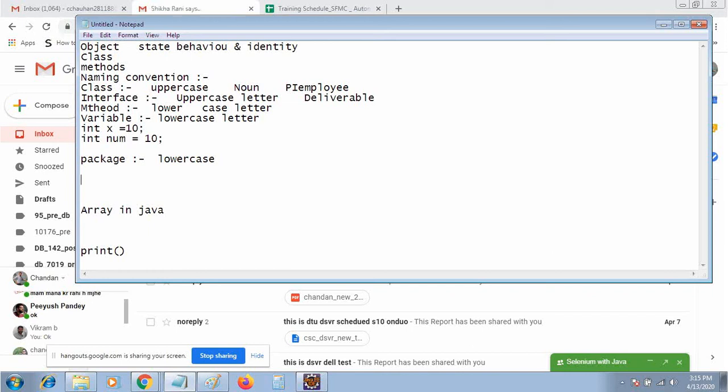Suppose we are using some methods from the util class, so the package will be java.util. If you are using the lang class, the package will be java.lang. In this way we create packages like com.lang.txt, all in small letters. This kind of package naming convention you should follow in your project.